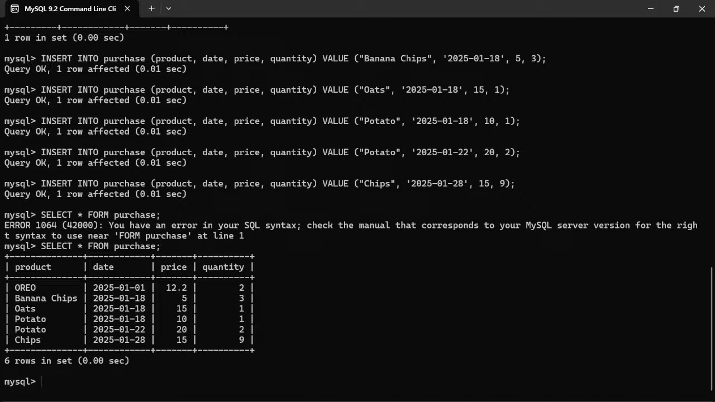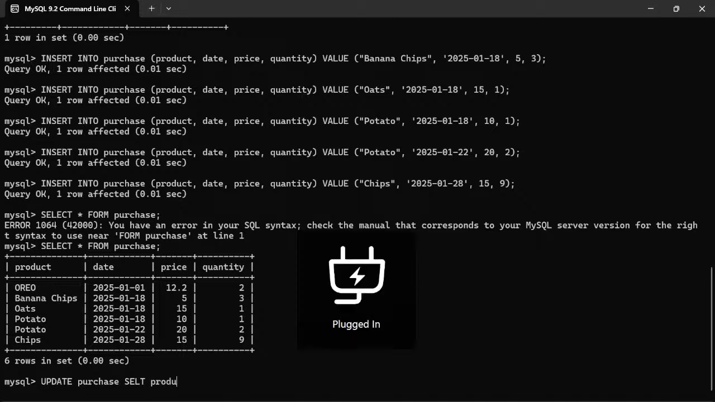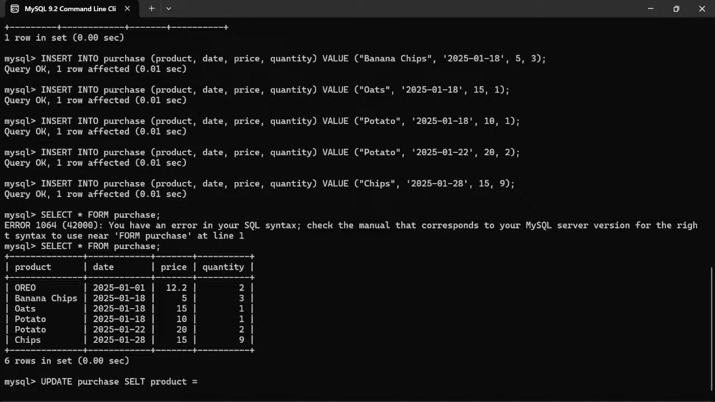Okay, I want to update this banana chip. So how can I update? First of all, I have to write UPDATE, then the table name. Update purchase, set product is equal to chips. So let's say chips like this, chips, where